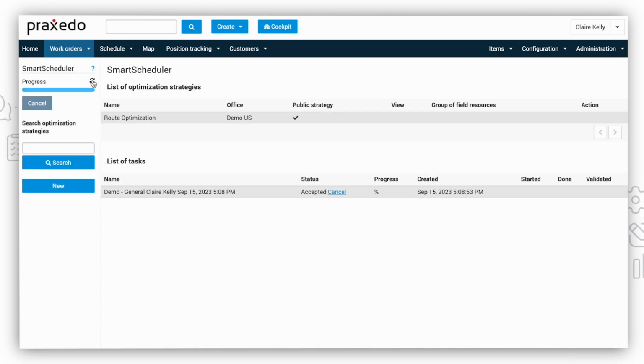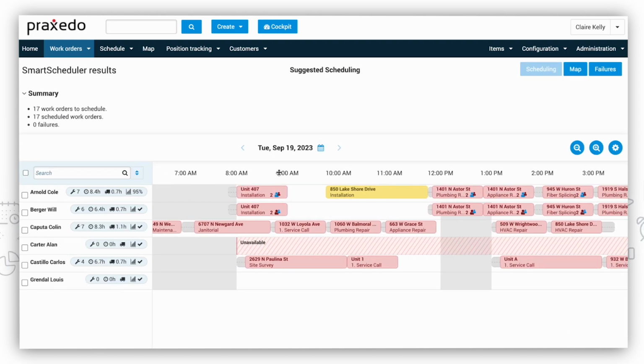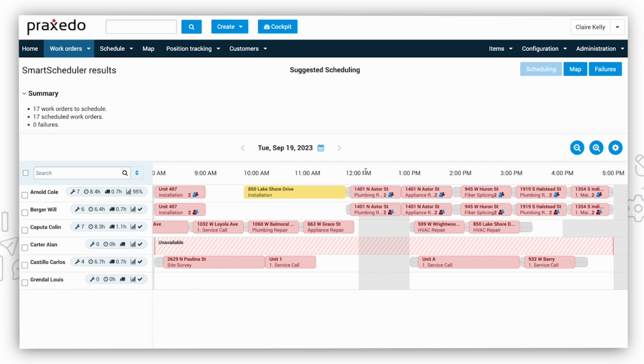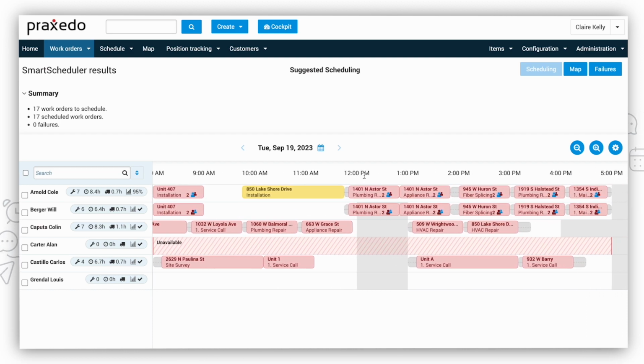After this, the Smart Scheduler will provide you with the most optimal route. It takes the guessing out of scheduling, and your dispatching team can rest assured knowing that the heavy lifting is handled. It accounts for all the crucial information needed, including skill sets, working hours, travel time, work order durations, and